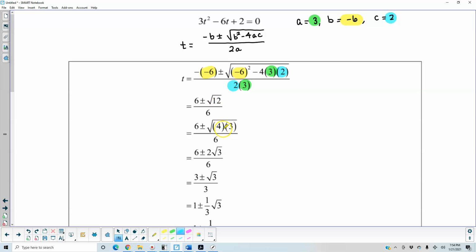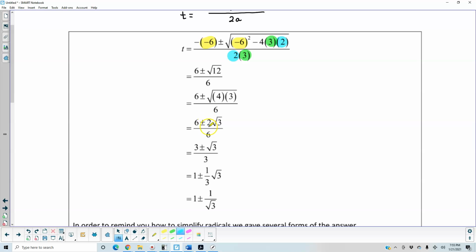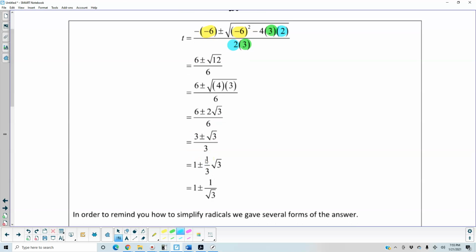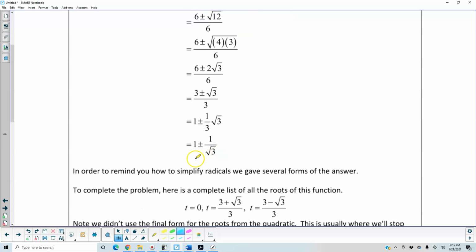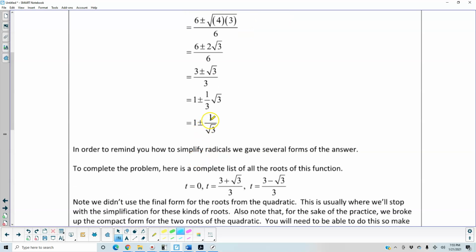Now keep in mind that 12 can be broken down as 4 and 3. So the square root of 4 gives us 2. So we have 6 plus or minus 2 times the square root of 3. And then we can simplify the 6's into 2's. So we can see that 2 goes into all of these numbers. So 2 goes into 2 one time, 2 goes into 6 three times, and 2 goes into 6 three times here. And then we can rewrite this as 3 over 3, which is 1, plus or minus 1/3 times the square root of 3, which is equal to 1 plus or minus 1 over the square root of